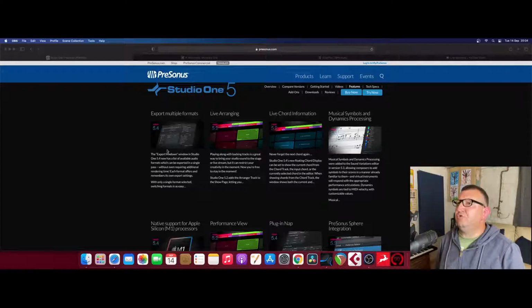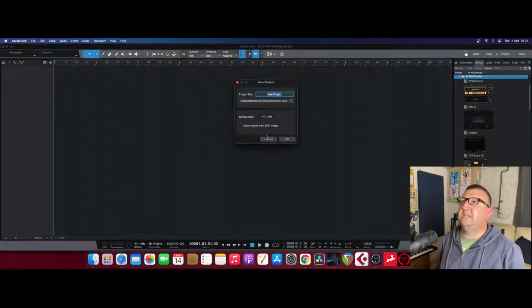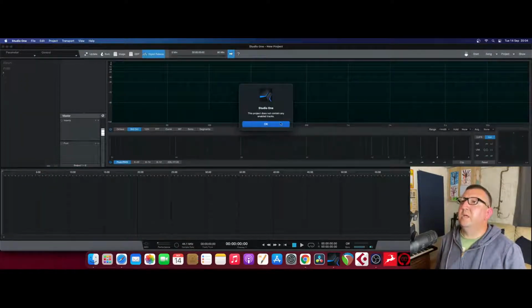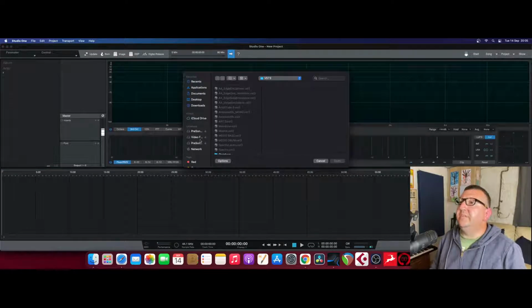The thing that interests me there, the export mixdown window. Okay, let's quickly flick. Let's get Studio One 5. So that will be in the export mixdown. One thing I'm not too sure about. Let's have a look at the project page. Okay, let's just quickly, I'm just going to have a quick look at this now. So if I do, what do I want, import file, and then if I go to,